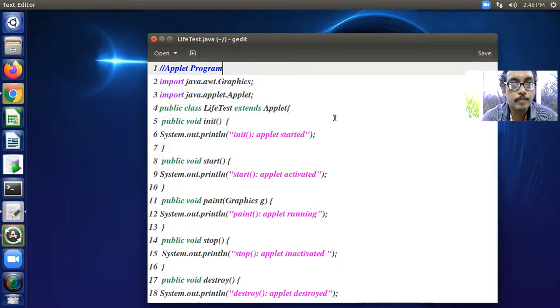First of all, let us find out the difference between applet programming and normal Java programming. Applet programming is browser-based programming, and it is also a desktop application. Standalone Java programming contains a main method, but an applet does not contain the main method. Please observe the difference. Without the main method, your JVM does not execute. But how is it executed?